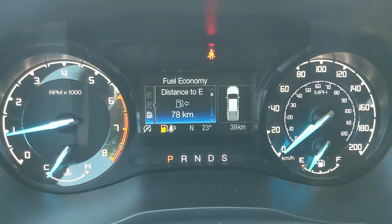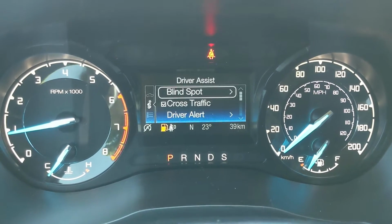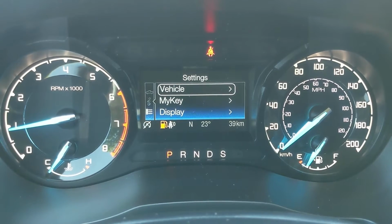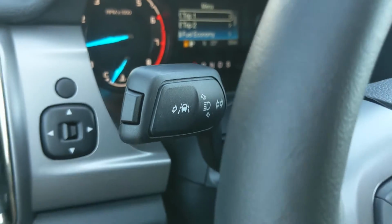And then you have your fuel economy separately, your truck info such as power distribution, your driver assistance features and settings, and then settings for your screen and some other features around your vehicle. Moving on, you do also have your lane keeping system on the end of your signal stock, but then moving